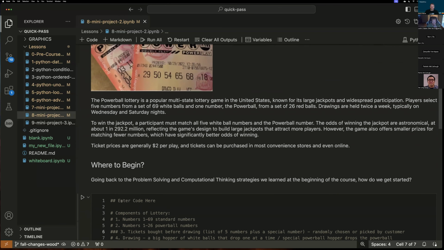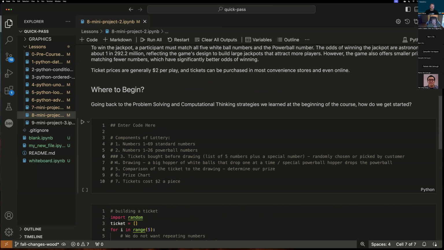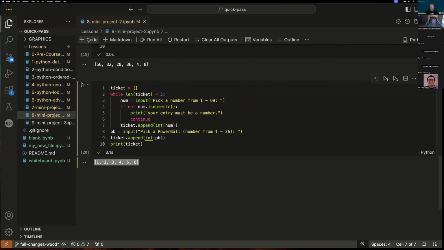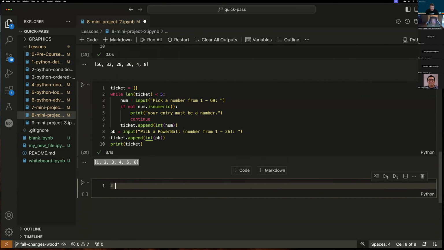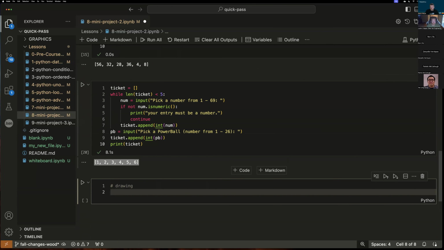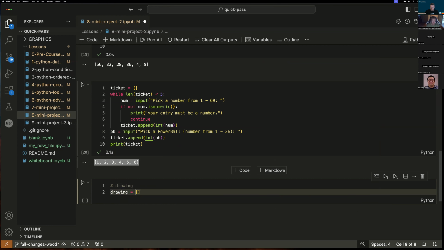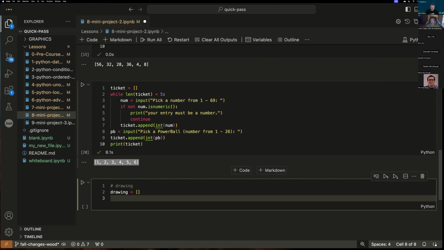Okay, so we have the ticket done, and now we have a drawing. Let's figure out how we can do that. Now we want to make our drawing. How am I going to make a drawing? I know it's going to be 5 numbers plus a Powerball, so I can do drawing equals, I guess, an empty list, and then I can say,